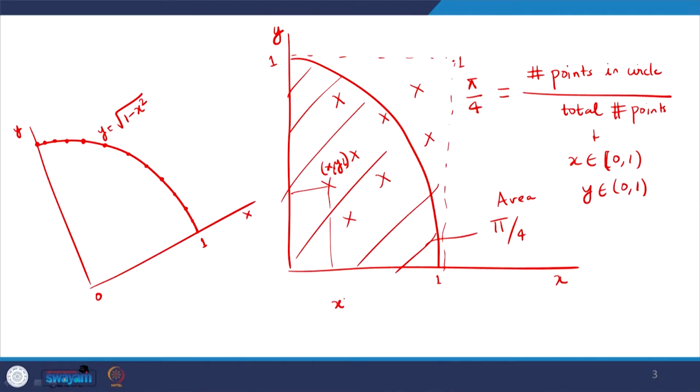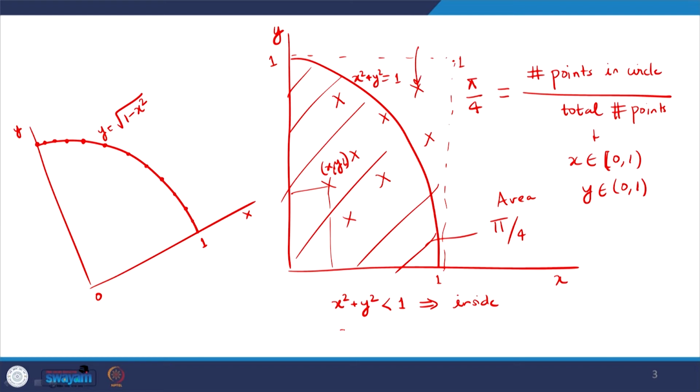Now, I want to check whether the point lies in the circle or not, and the way to check it is, if x square plus y square happens to be less than 1, then it is inside, because the equation of the circle is x square plus y square is equal to 1, it is a unit circle. If it is more than that, then we are lying outside.